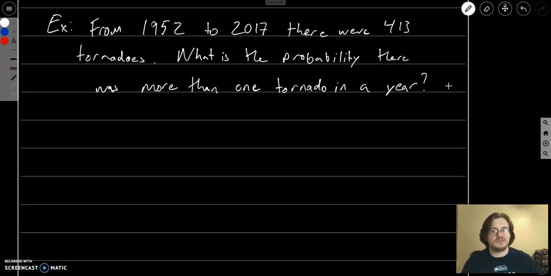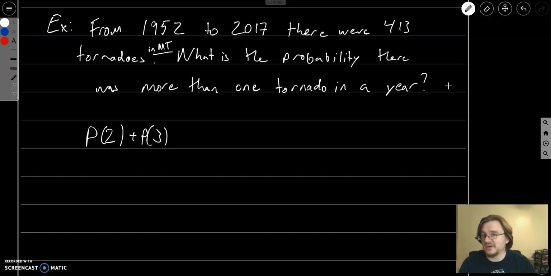Here's a question. I looked up some data from 1952 to 2017. There were 413 tornadoes in Montana. So the question is, what's the probability that there was more than one tornado in a year? Now this is a little bit tricky, because we would want to find the probability that there was 2 tornadoes, plus the probability that there were 3 tornadoes, plus the probability that there were 4 tornadoes, plus and so on